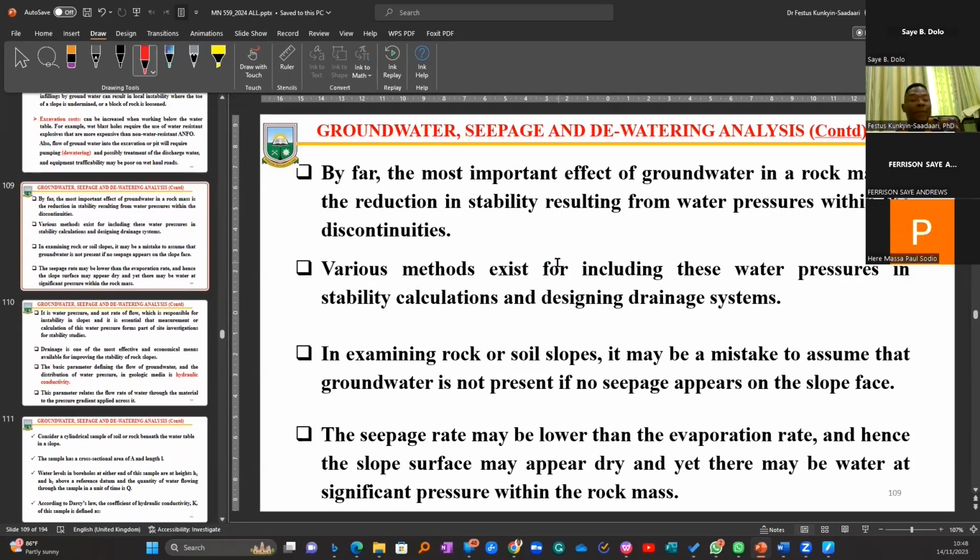So by far, the most important effect of groundwater in a rock mass is the reduction of the stability, which we want to avoid. And various methods exist for including this water pressure in our stability calculation. So when you are dealing with your finite element methods calculation for your slopes and that of your discrete approach in terms of determining the strength properties of your slopes and whatnot, there's always that opportunity in the software for